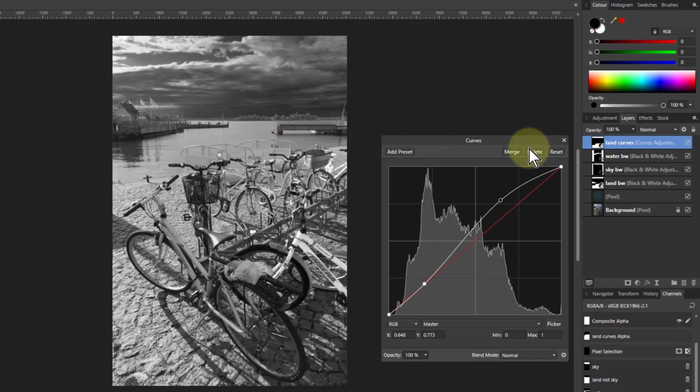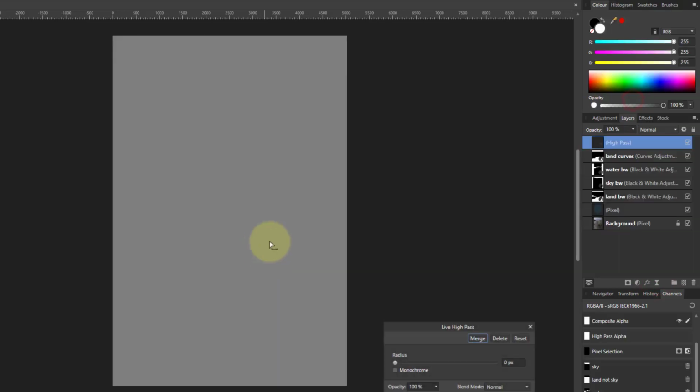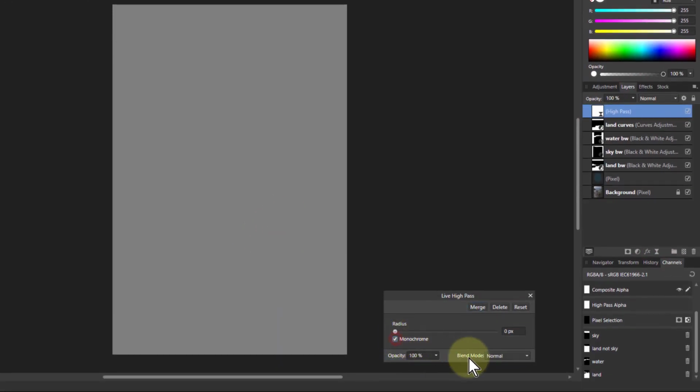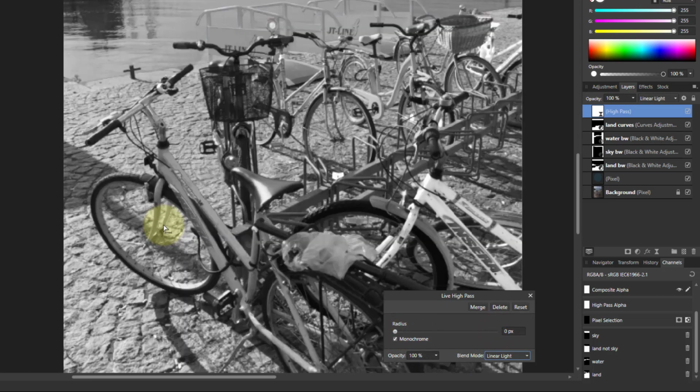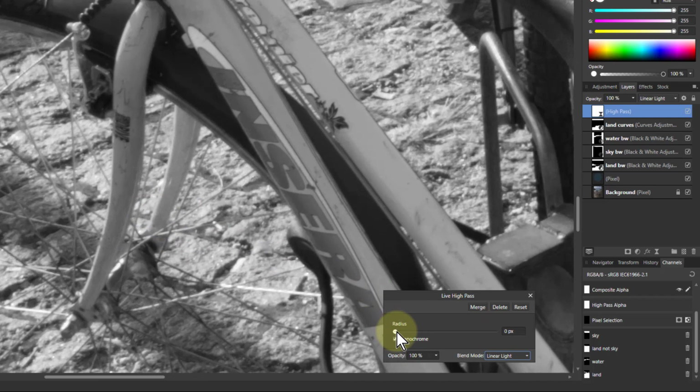And do I need any more on the background? No, not so much. I'm just pulling this out here, but you can work to balance those out. And what would we do? Let's do a bit of sharpening on the foreground. So I'm going to just do a high pass sharpen here. Blend mode, vivid light, linear light, and just zoom in here so you can see what you're sharpening, and bring up the radius here. Very seldom go above 1. I think that 1's enough there. I don't think I need to do any